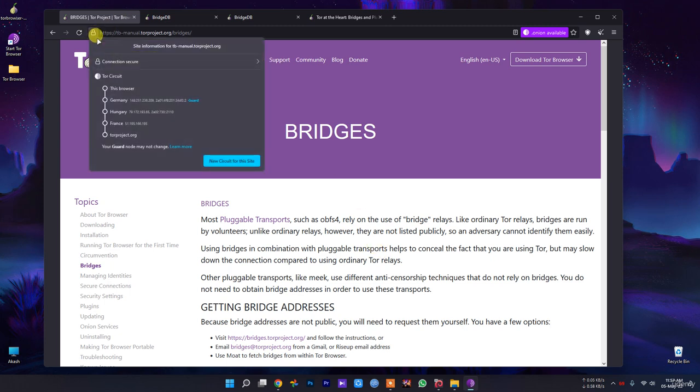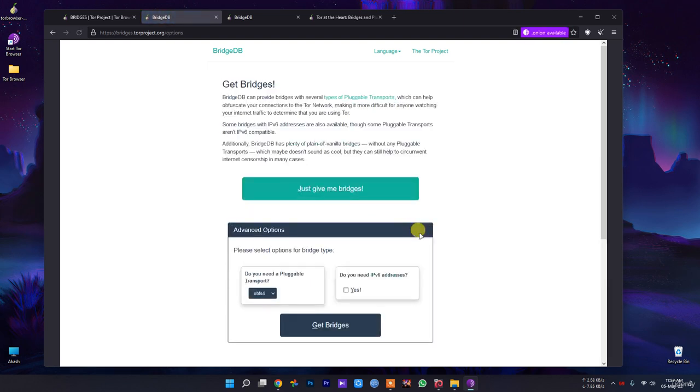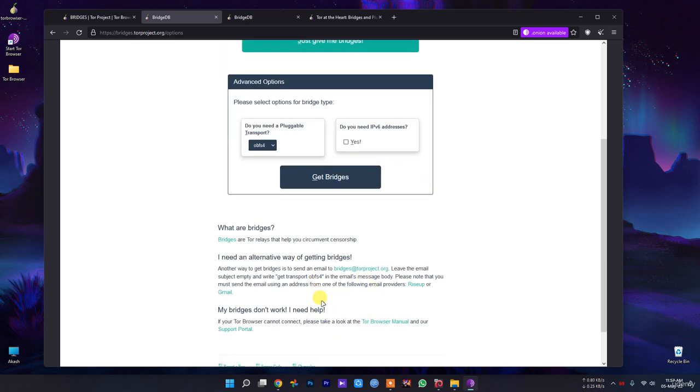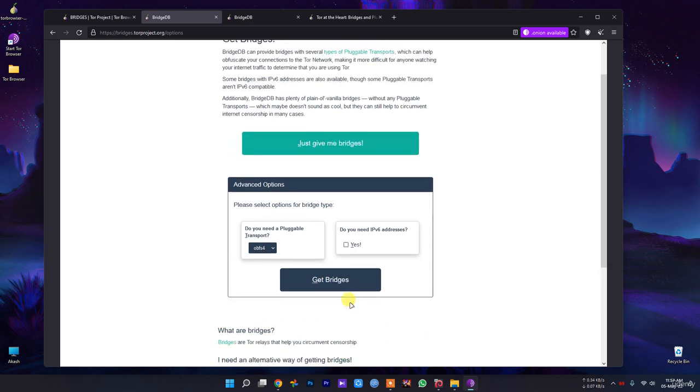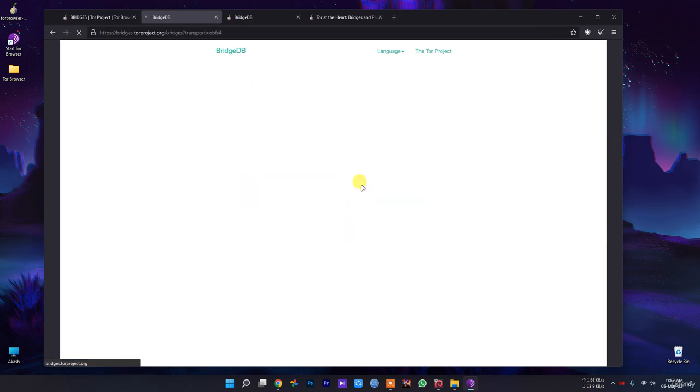You can click and just have the option to get normal bridges. So this is the bridge page. If you click in here, you can get normal bridges. There are also advanced options, like using an IPv6 address, etc. We will also discuss pluggable transports later. So let's now get a bridge. Just click, give me a bridge,